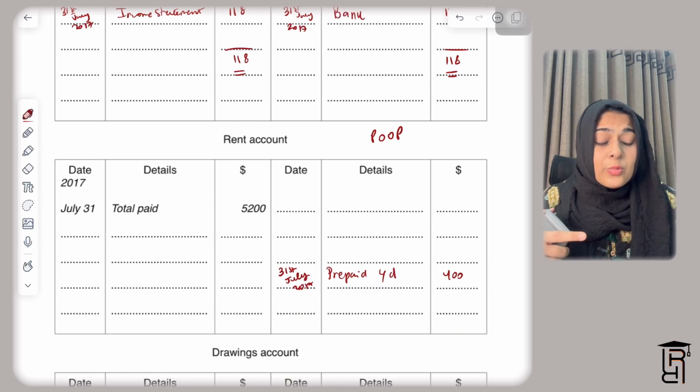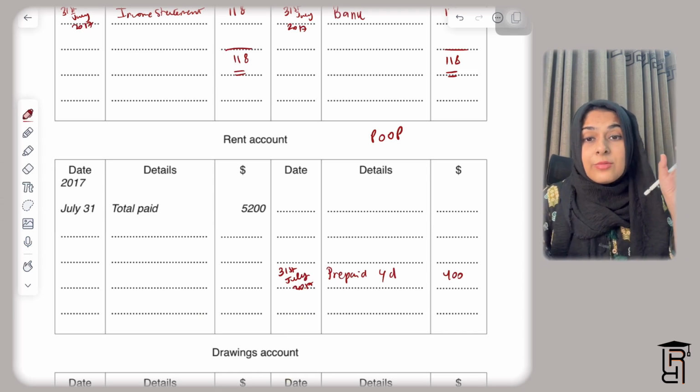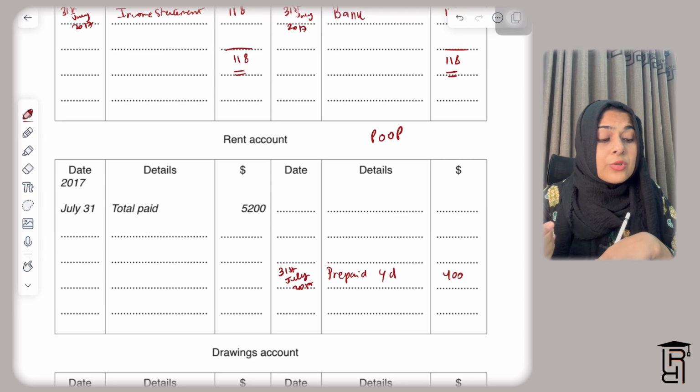Whatever Zodwa has paid for rent for the full year, that is going to be charged in the income statement, but 1/4 of that needs to go as drawings, because that is for Zodwa's flat